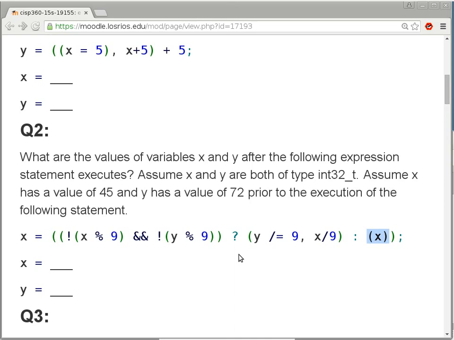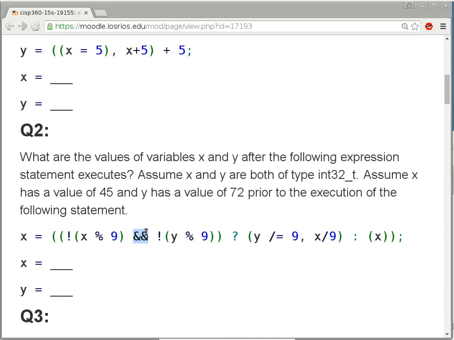The first one has the ampersand, or the logical and, as the last operator. In other words, if you just look at this part here, the logical and is the last thing that you do. So what are on the two sides of the ampersand? We have the negation of x mod 9, and then we have the negation of y mod 9. So that's how you break down something that looks really nasty like that into smaller components,